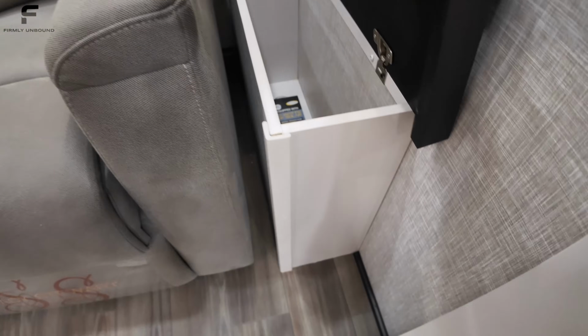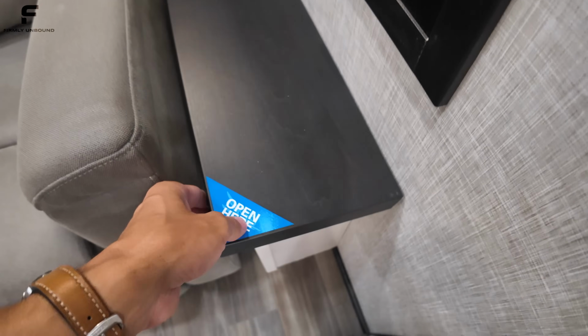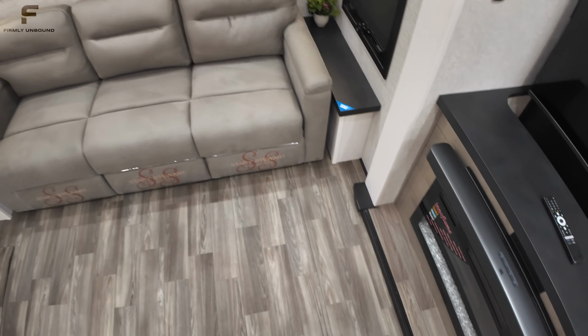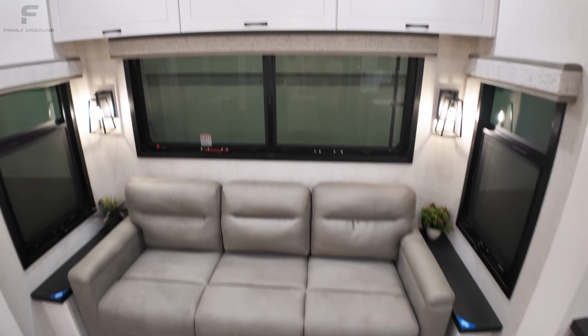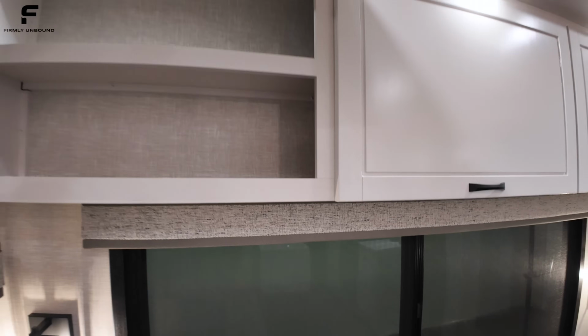And then you even have some hidden storage here. Get rid of those stickers, and hopefully people trying to invade your space haven't seen my videos. A lot of people will probably not even know that there's storage underneath there. So really like that. For the full timers, as this is a full-time warranted RV, you have storage space up